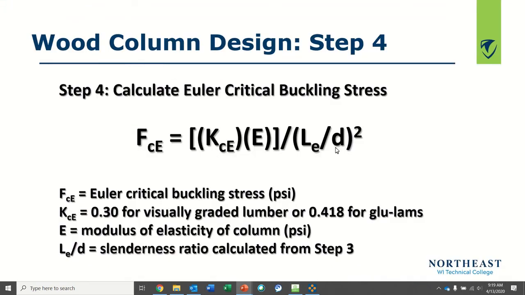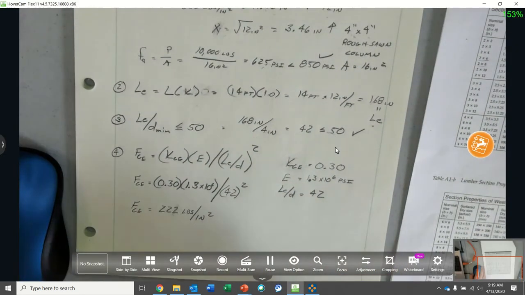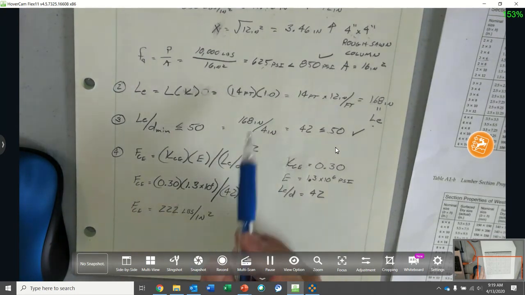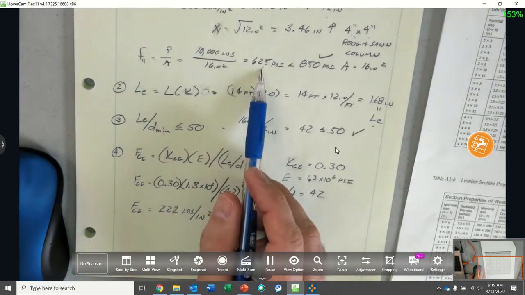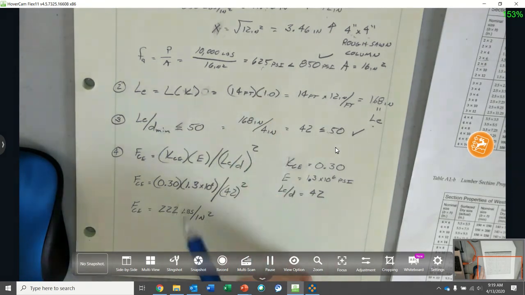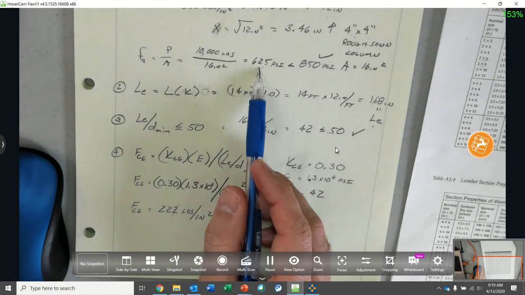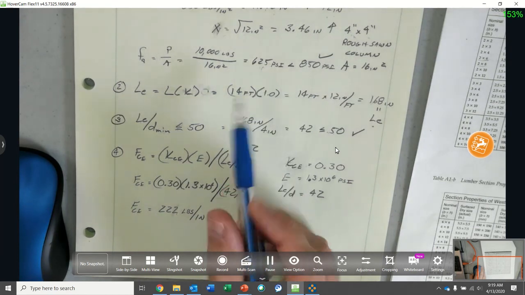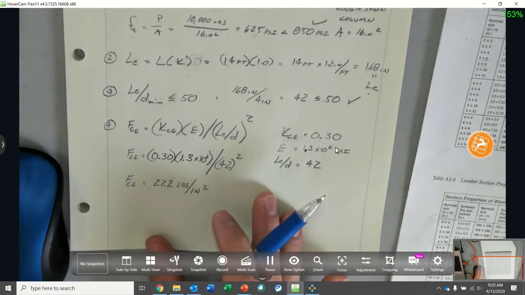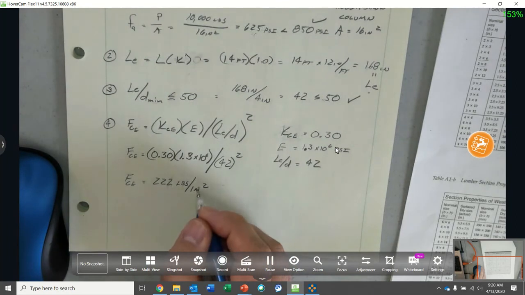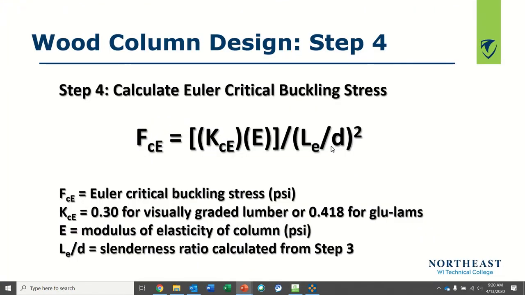Euler critical buckling stress. All right. So what happened here? Let's look here. This is my buckling stress. Instead of load, what is my actual stress? 625. Okay. What does that mean? Do I need to make my column bigger, because it's going to buckle? Yes. Okay. So now basically what we do, before we even move forward,